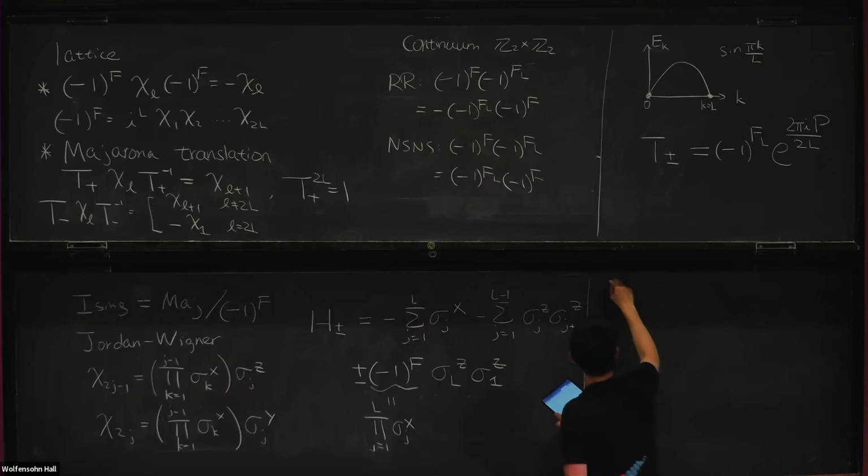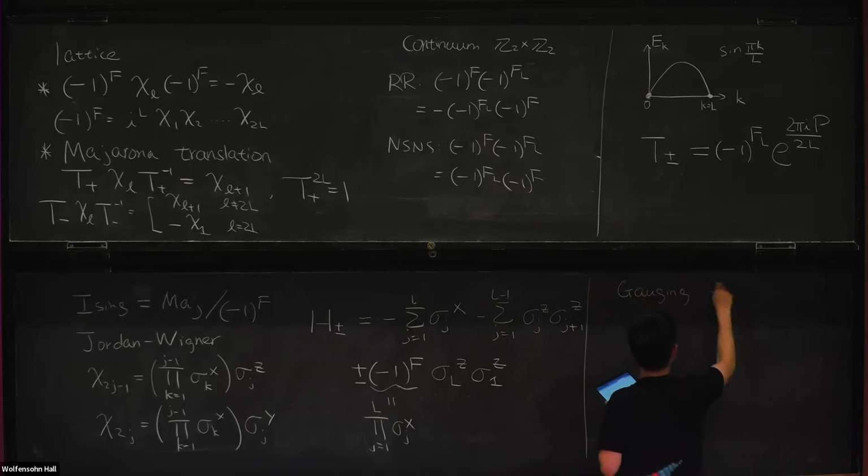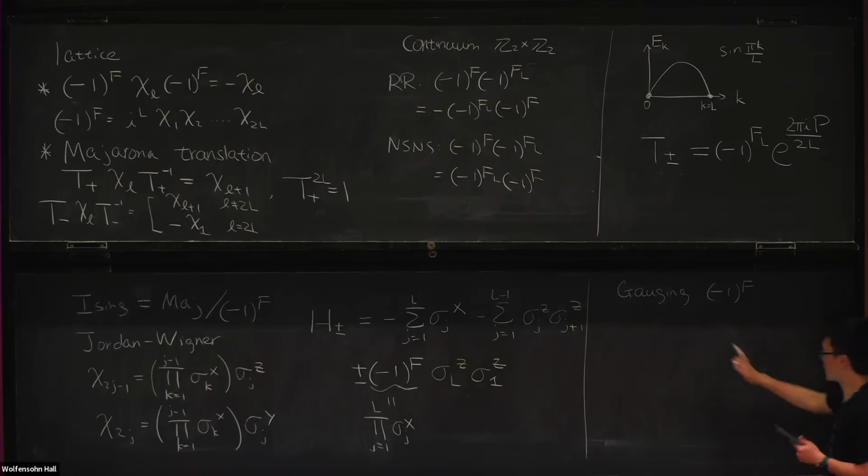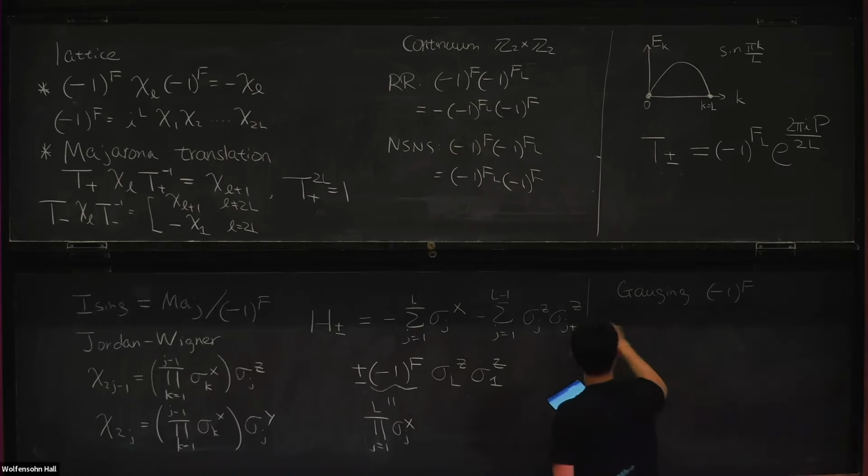So here we're going to gauge (-1)^F. You can do the gauging in the usual way, namely you introduce gauge fields on the links, and then you impose Gauss law, and you try to solve most of the Gauss laws and write the final Hamiltonian in terms of the new variables. The final outcome you obtain from doing that boils down to these two steps. In the first step, you take a direct sum